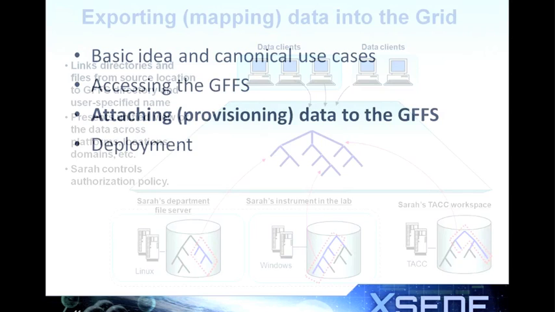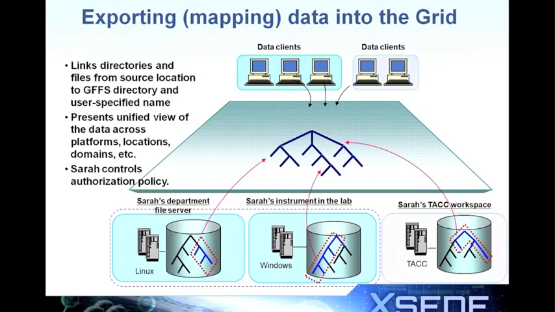Attaching and provisioning is really pretty straightforward. Suppose we have a user, Sarah, and she has data on a department file server, on an instrument in her lab, and maybe a TAC. She can choose to export into the global namespace different subdirectories on those different places at a path that she specified. Just like, I don't know if you guys noticed earlier, I had some directories from my local PC mapped in,